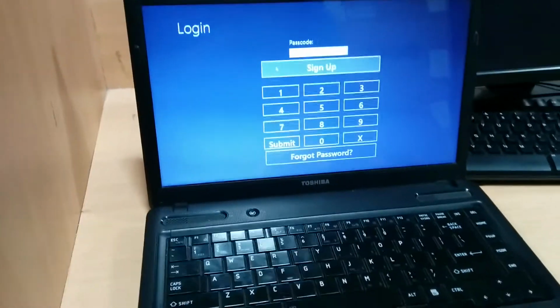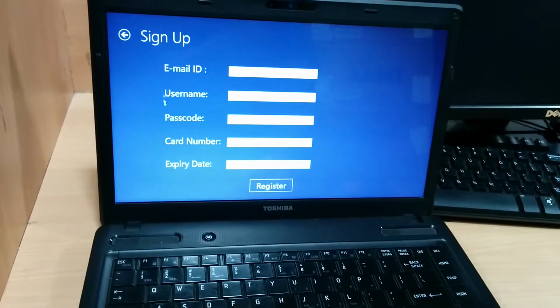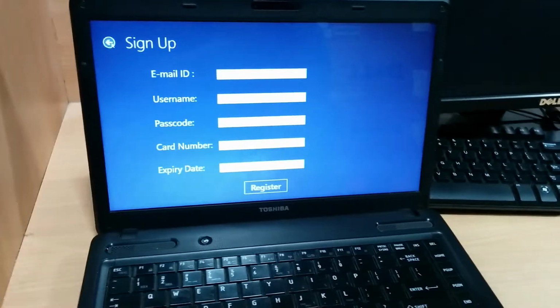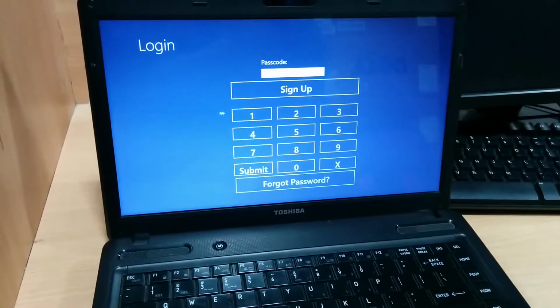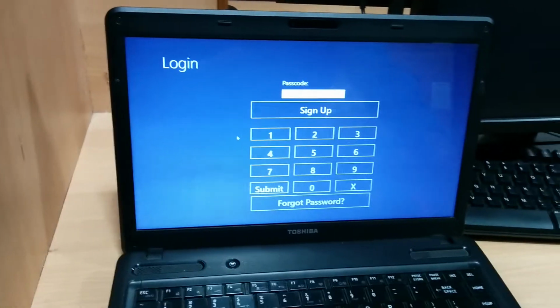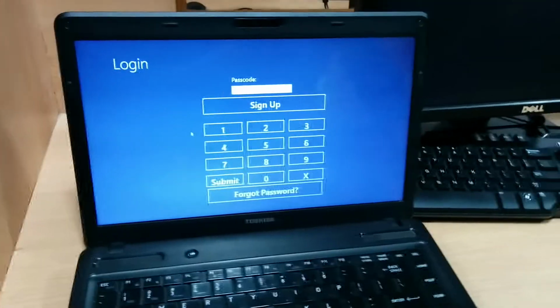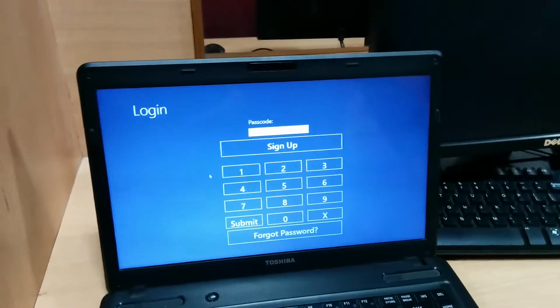And this is a sign up page. Here you have options, as you can see, for entering new user details and then registering for a new user account. Since nowadays you have touch enabled devices like laptops which have touch screens, as well as tablets and smartphones which are Windows enabled,